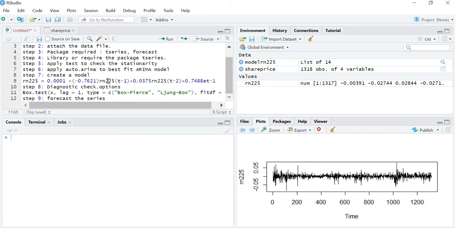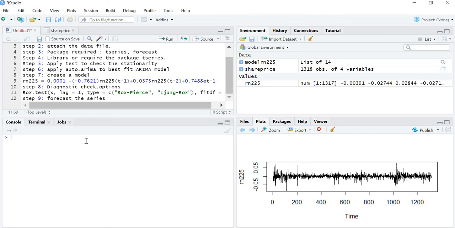So now we are going to check the diagnostic part, whether our model is fit or not. Diagnostic means we have to check the residuals. Now the question arises, what do you mean by residuals? Residuals in a time series model are what is left over after fitting a model.